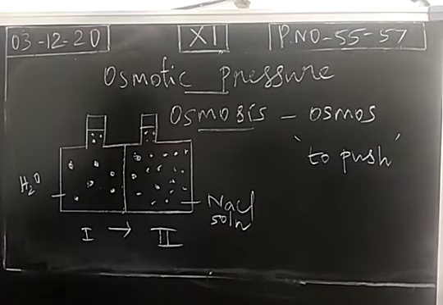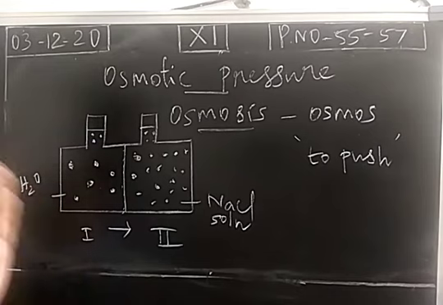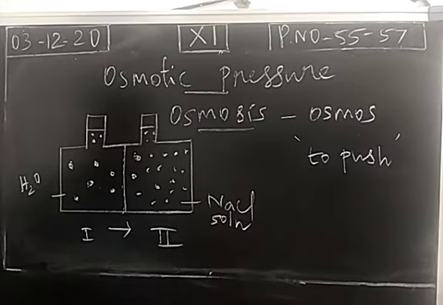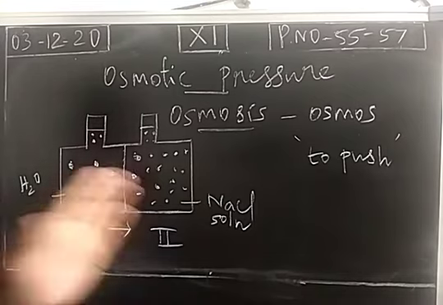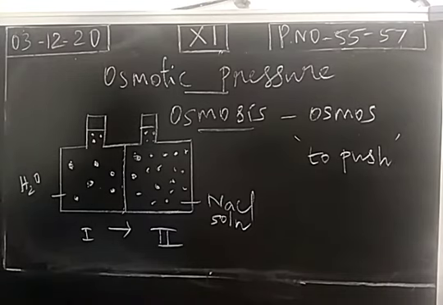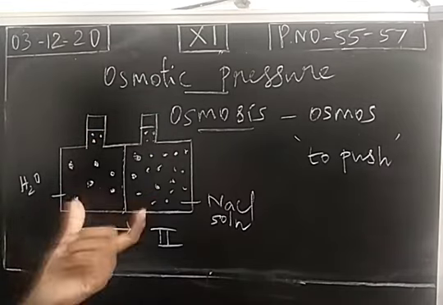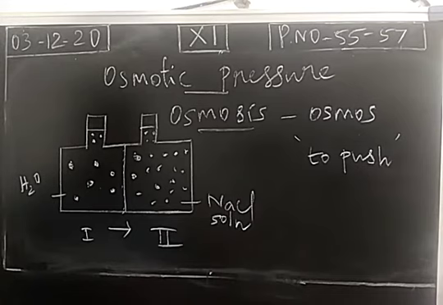So what is the effect of this osmosis? The movement of solvent from one compartment to another is making a change in the volume as well as pressure. We have taken equal levels of the solutions. Due to the movement of solvent molecules from one compartment into another, the volume will be reduced on one side. This side volume is reduced, and in the second compartment volume increases. If volume is increased on this side, it means there will be a pressure difference. In both the compartments, pressure will not be equal. So a difference in pressure is created due to the process called osmosis.